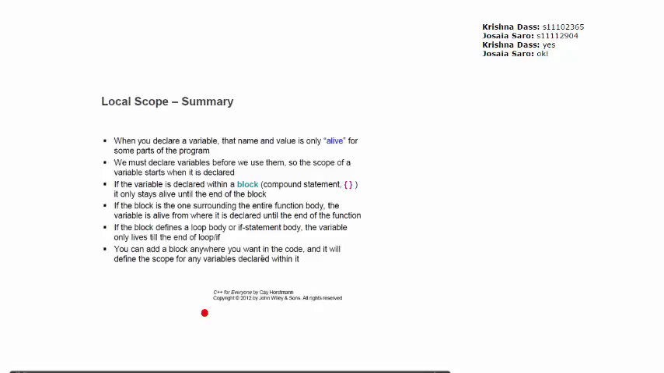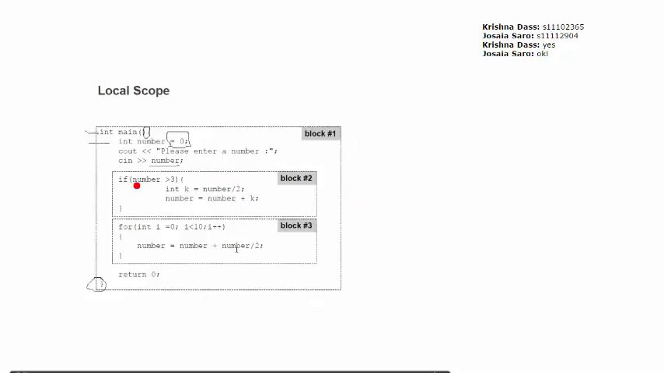Now, here is a bit of summary. So when we declare a variable, the name and value is only alive for some parts of the program, right? For example, if we declared a variable int z here, it would only have been active in this for loop. You wouldn't have been able to use it outside the for loop, right? And for example, number you have declared in the main, and this if statement and the for loop come inside the main function. Therefore, you are able to use it here,